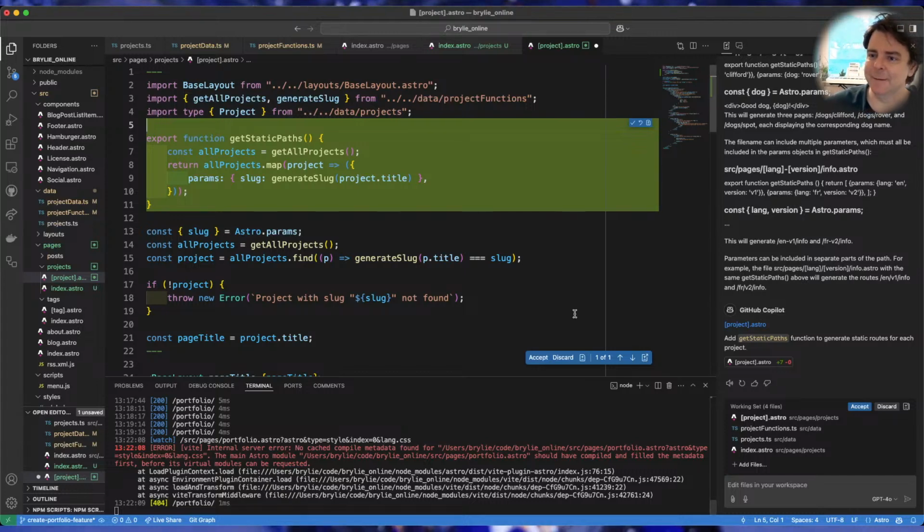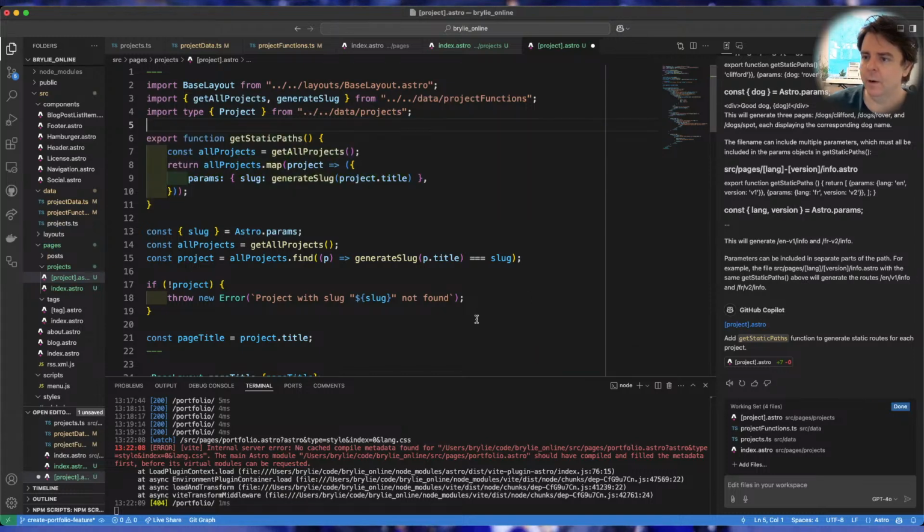All right, so getStaticPaths. We map them and get the slug. Wow, that's so elegant. That works. Wow. Now on our project page,